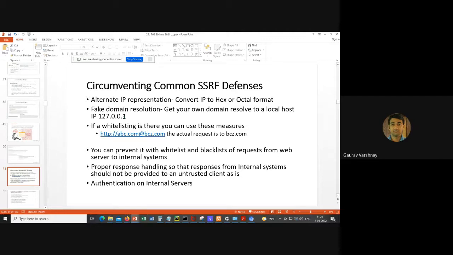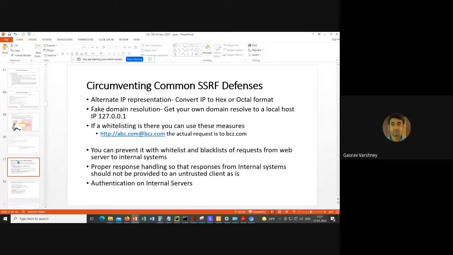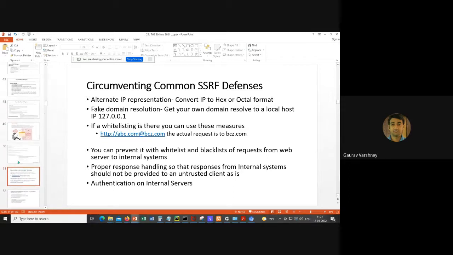You can also have whitelisting. For example, if the whitelist says I am allowing abc.com, then this specific URL will be allowed. But when this URL is executed in the browser, it's actually not going to abc.com, it's going to bcdev.com, because whatever is after the at sign gets executed instead of whatever is before it. So these are the different ways in which someone can circumvent the common SSRF defenses present in web servers. Now, with this, let us take an example of